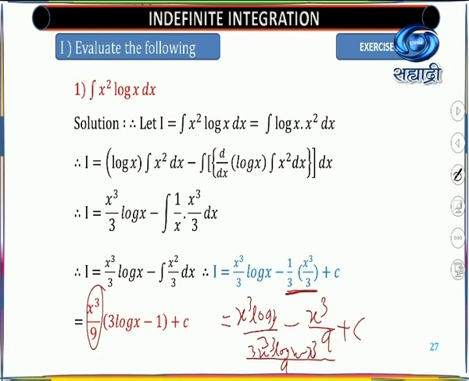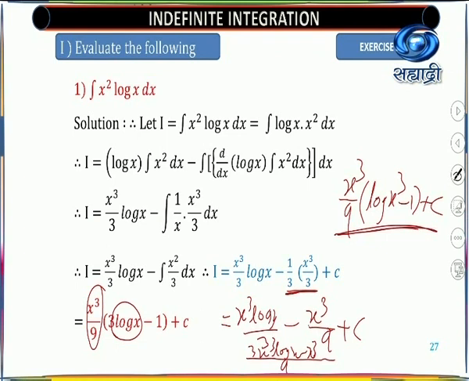Okay, now look here. This is x cube upon 9, 3 log x minus 1 plus constant of integration, and here this 3 is important. You are able to write the answer in another way also: x cube upon 9, and use the log form, that is log of x raised to 3 minus 1 plus constant of integration. This is also another answer. Why is this another answer? I am giving this as a multiple choice question answer. So you are able to write it this way also, log x cube minus 1 plus constant of integration, and we'll stop here.